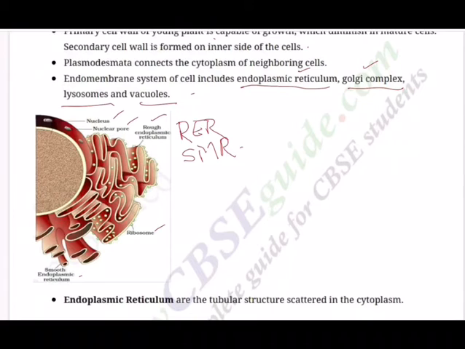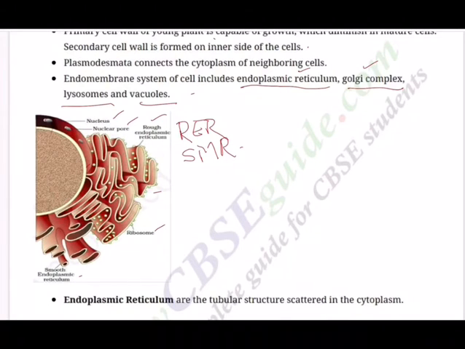So basically the endomembrane system is a grouping of some membrane organelles which function in close coordination with one another, that is endoplasmic reticulum. They divide intracellular space into compartments as you are seeing here. Basically it makes two, luminal and extraluminal. Luminal is inside the endoplasmic reticulum and extraluminal is the cytoplasm. These can extend from the nuclear envelope to the plasma membrane as you are seeing here. And the RER provides a surface for protein synthesis, because rough endoplasmic reticulum is providing space for ribosomes, and ribosomes are